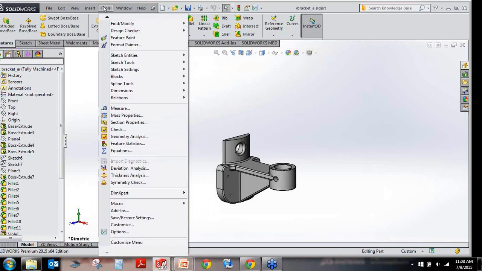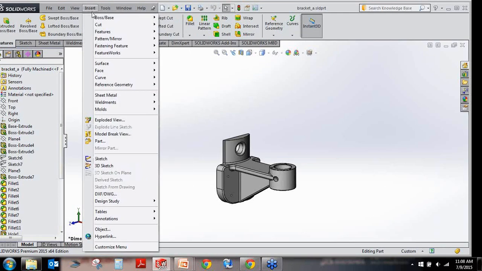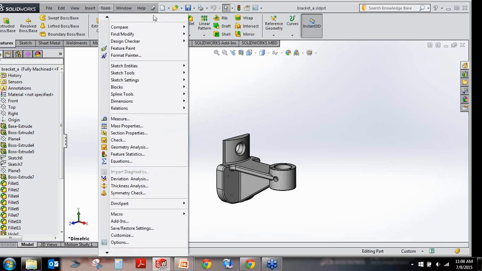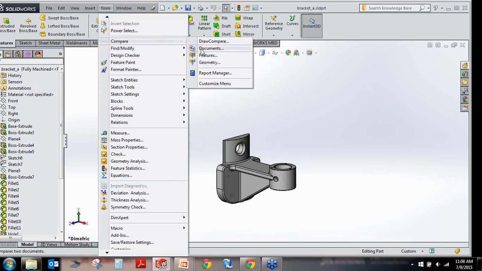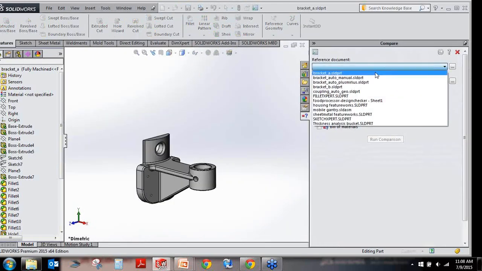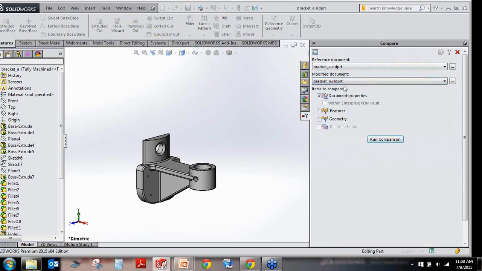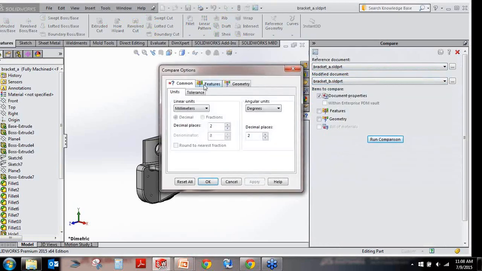And then it can be seen inside insert or tools, and compare. So I'm going to the compare documents, selecting my files here,